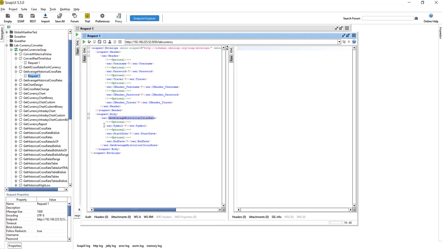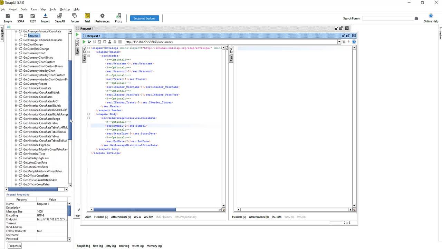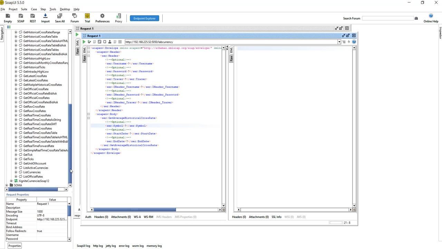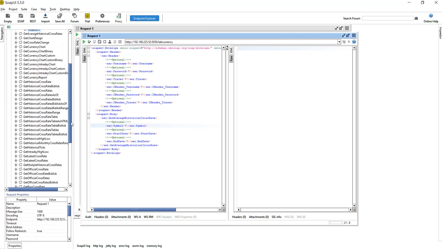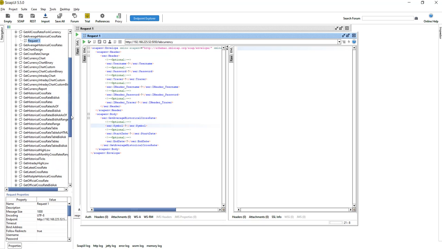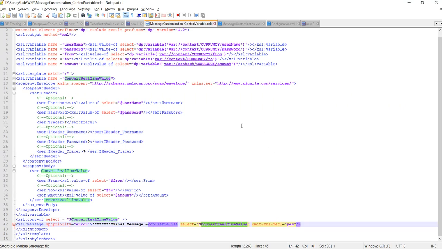Actually there is one more way. We don't need to, for two operations, write two separate variables and create a request message. There is another way. For this API there are so many operations, more than 30-40 operations, maybe 50 operations this API contains. So you would need to create 50 operations and it's very hectic, and the XSLT code would be very lengthy.